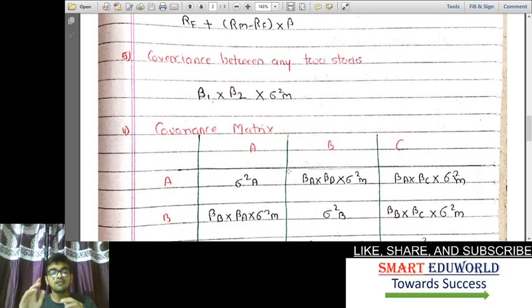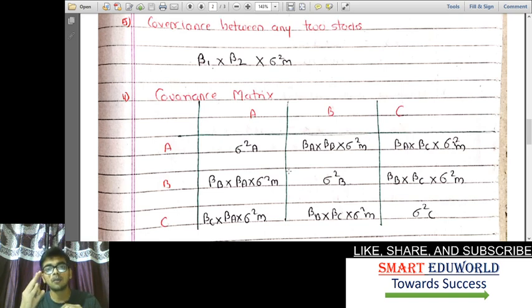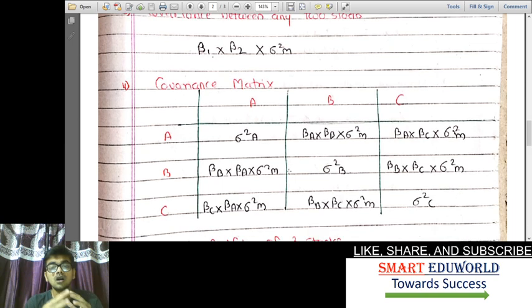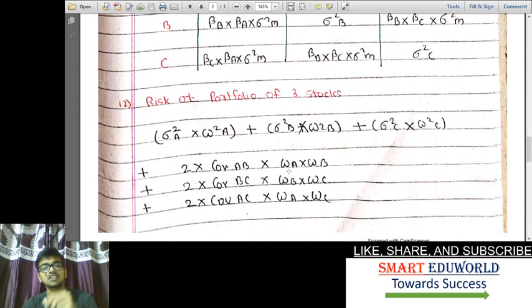Another formula is in line with your formula for risk of portfolio, but in this formula there are three components, three factors: A, B and C. The basic principle of this formula is the same: weight square into standard deviation square plus weight square into standard deviation square plus 2 into weight into weight into standard deviation into standard deviation into R. But in this formula some modifications have been done by ICAI, and this modification is only formula based. There is nothing innovative.